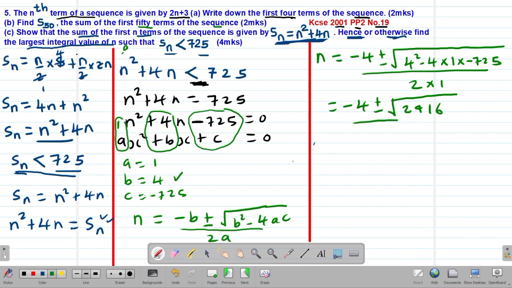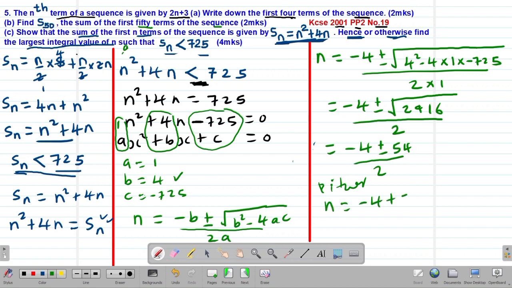Then divided by 2 multiplied by 1 will just get 2. So this will be negative 4 plus or minus the square root of 7, that is 29, 16 will be positive 54. So the square root is 54, then of course divided by 2. So it means either our value of n will be negative 4 plus 54, then divided by 2, which is